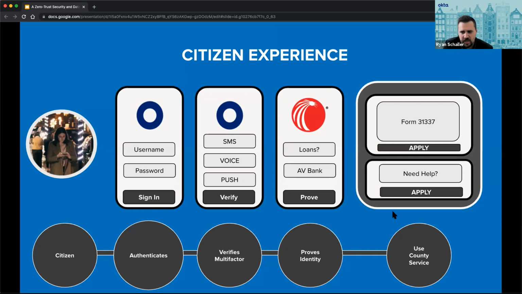And then once I've done that, I can use the county service and SSO into other different systems. Crucial to these experiences is not having 10 different credentials. It's just a dream to be able to say, if I'm going to go to Los Angeles, to have one credential to get into services. That would be ideal, especially if there are millions of people with a lot of visibility into the services that you provide. It just needs to be easy. So this is the expectation when you come to the citizen experience.